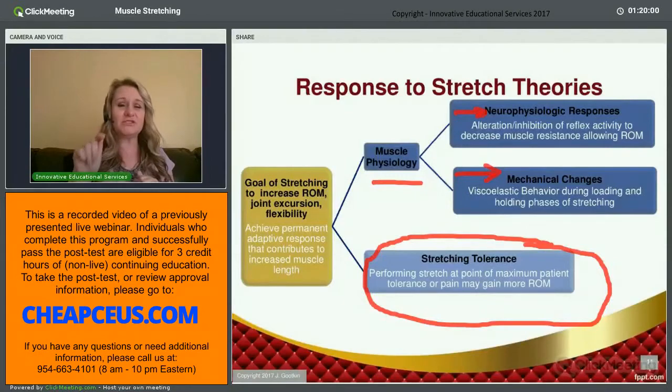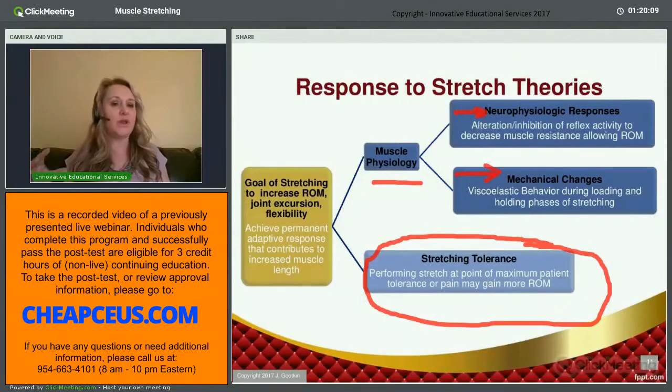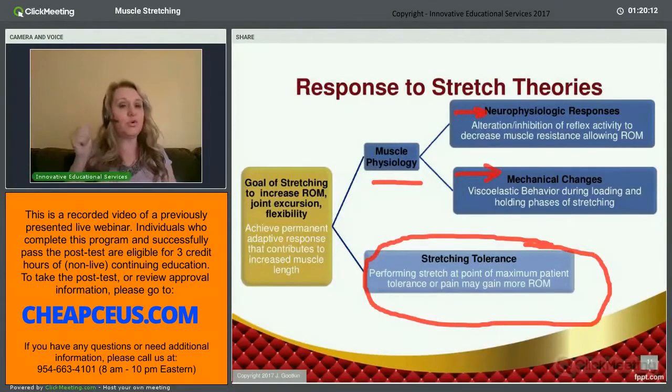The research is saying, because this stretching tolerance is a factor, that we really need to take that to a point of the patient feeling discomfort but not pain. That we really need to make sure we're pushing to the true ends of the range of motion. And the more we can have the patient cognitively relax, maybe close their eyes and not think about it, and just tell us when they feel that stretch, the more effective that we can be in our interventions. So that's an important piece for us to know, and that might be the first modification that you make in your interventions. It really needs to be a combination of what we feel, but you have to have that feedback